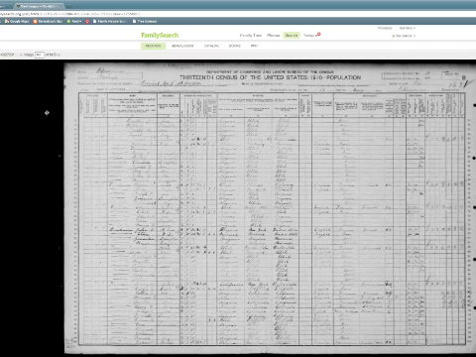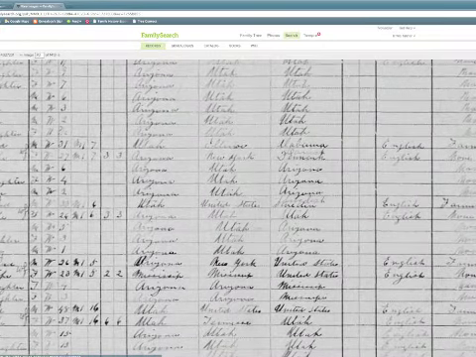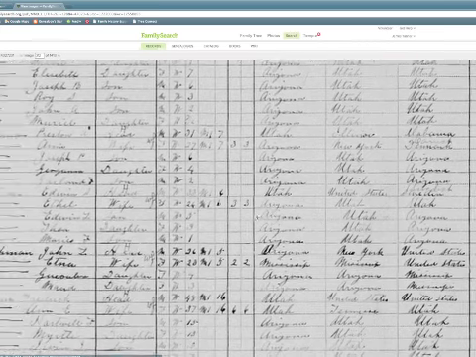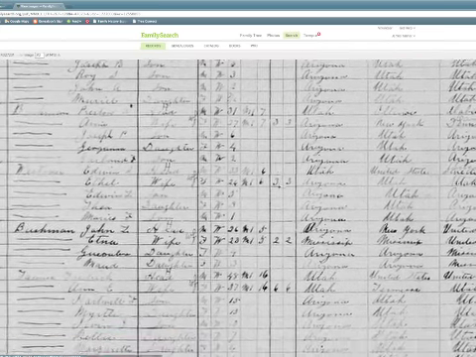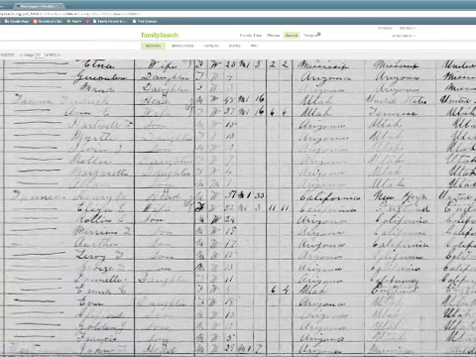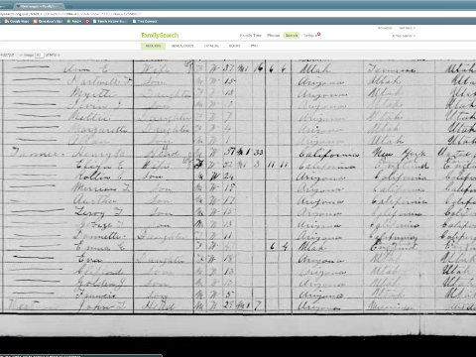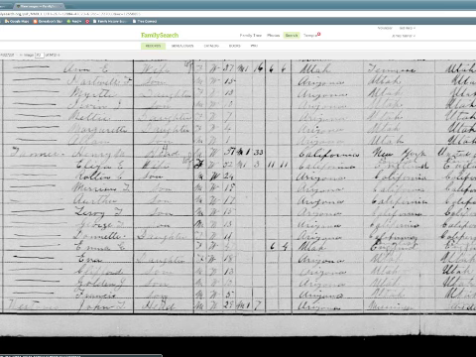I'm going to have to zoom in a bit here to see the record. Here we have my great-grandfather's family, Henry Tanner, and Donette Tanner, his daughter, 11 years old. So this is the right record. I'm going to now go back to